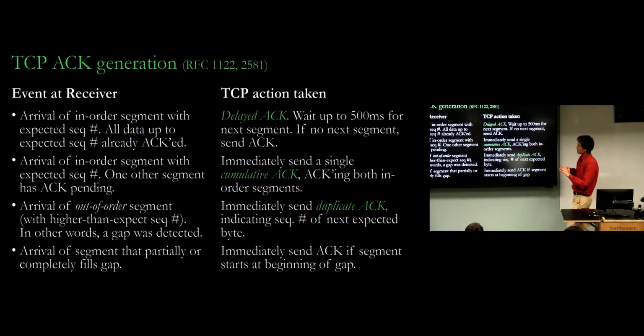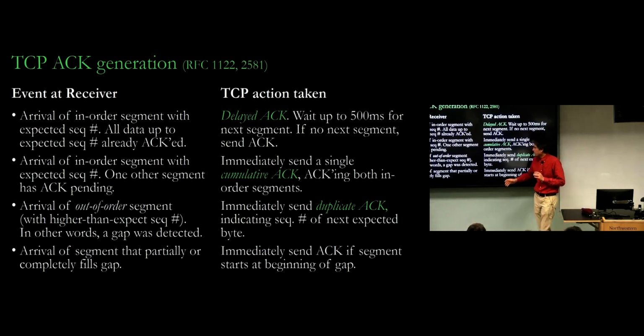But if that doesn't happen, so that's the second case. If you receive an in-order segment, so nothing was lost, but you get yet another bit of data with an expected sequence number, but there's a segment that you've received that you haven't acknowledged yet. In other words, the previous acknowledgement was delayed. In that case, you send immediately a cumulative acknowledgement acknowledging both those packets. So if the sender basically beats you to sending the next bit of data, you send an acknowledgement back that acknowledges both the previous packet and the one you just got. And that's to prevent unnecessary delays.